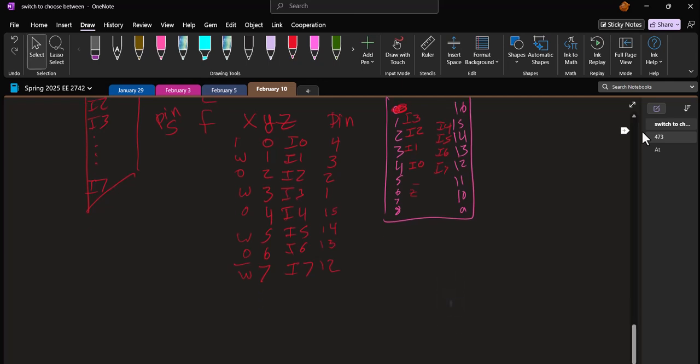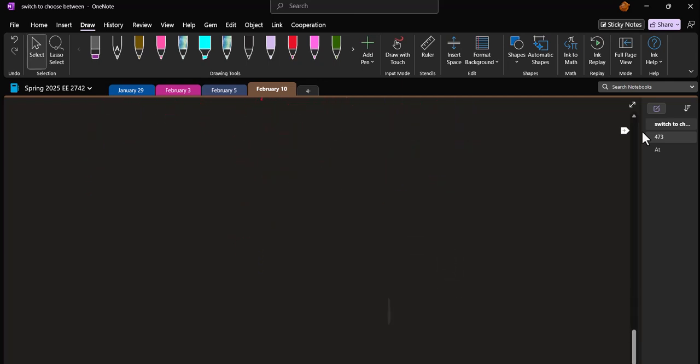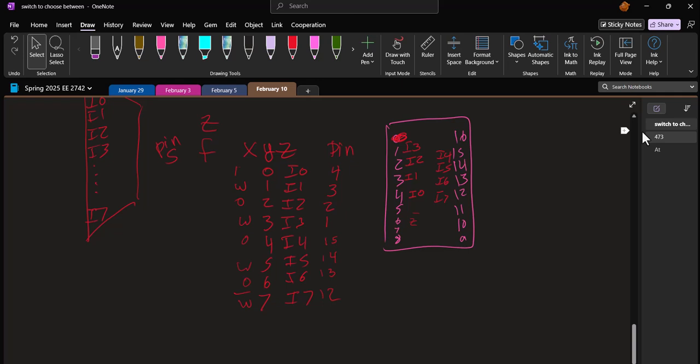You said you would put W if it's not 1 or 4. Sorry, I was right. Okay, that's okay. So if this is our chip right here,